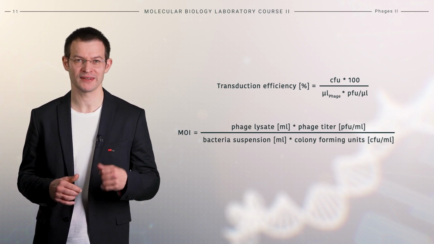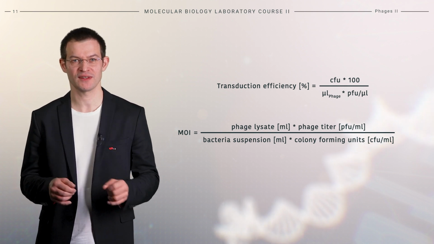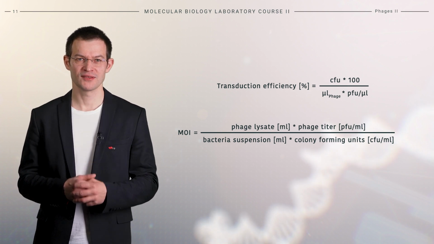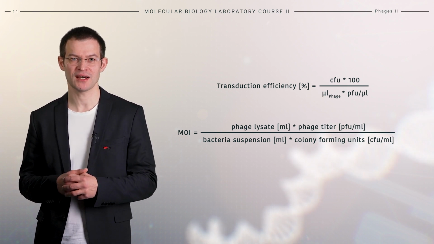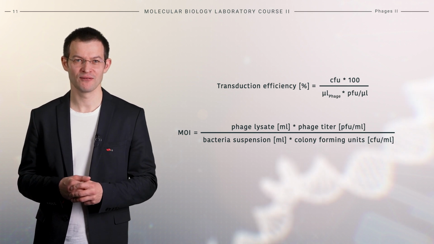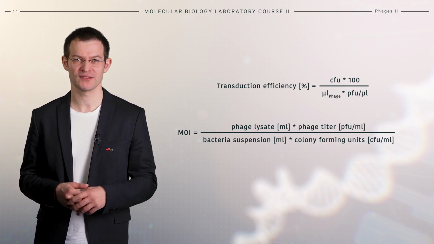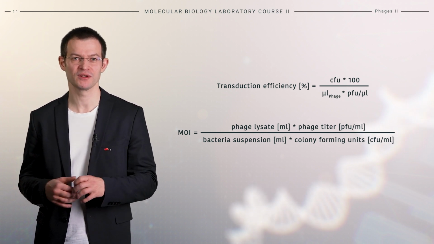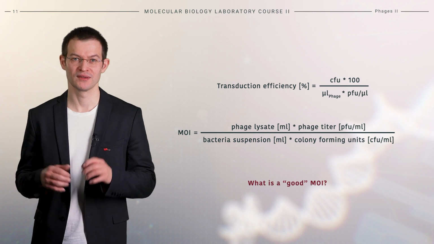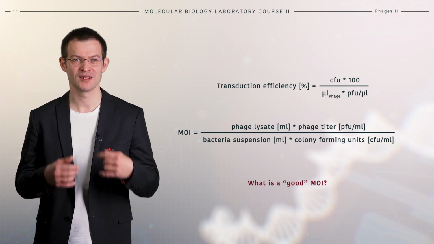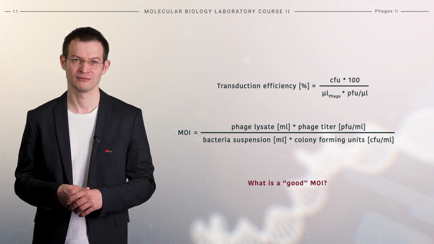At an MOI of exactly 1, each phage infects one bacterial cell, resulting in single infections. This condition is ideal for achieving the highest yield of transductants. When the MOI is higher than 1, the total number of infections increases. However, so does the frequency of multiple infections per cell. In such cases, there is a higher risk that bacterial cells will be lysed by a second lytic phage.